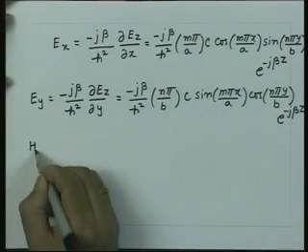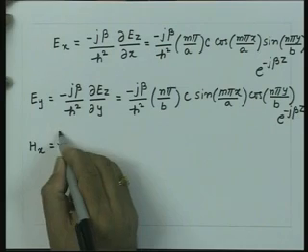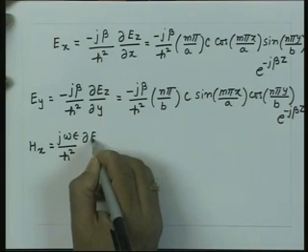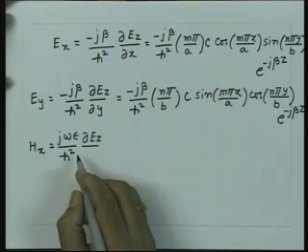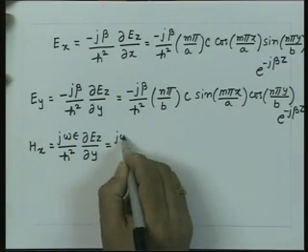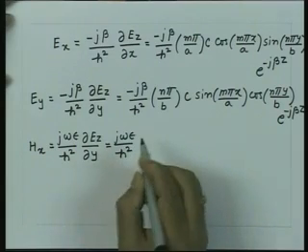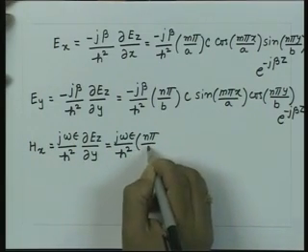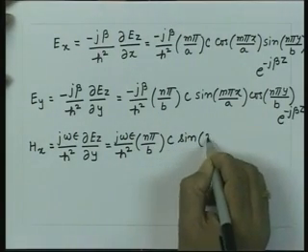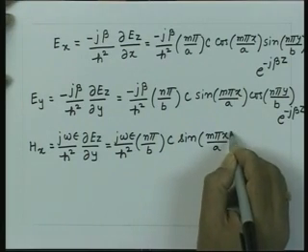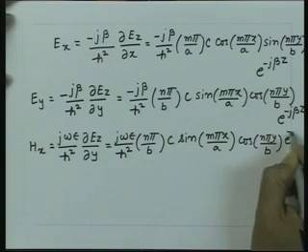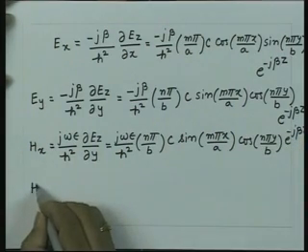The magnetic field on the same lines we can get as j omega epsilon upon h square dEz by dy, that is equal to j omega epsilon upon h square, n pi by b, c, sine of m pi x by a, cos of n pi y by b, e to the power minus j beta z, and Hy will be